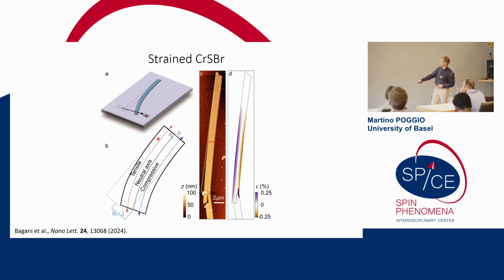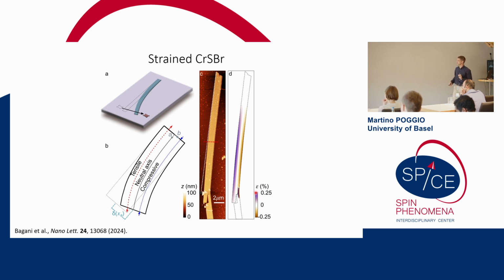So with these bent flakes, what you end up having is some tensile strain on one side and compressive strain on the other side. So if this is the flake that we measured most, you can sort of see it here, it's a little bit bent, and by the geometrical bending, you can essentially calculate what is the strain profile across the entire flake. Here you can see we can get up to strain on the order of 0.25%, so not quite up to 2%, which is what you need in order to change from antiferro to ferromagnetic coupling, but